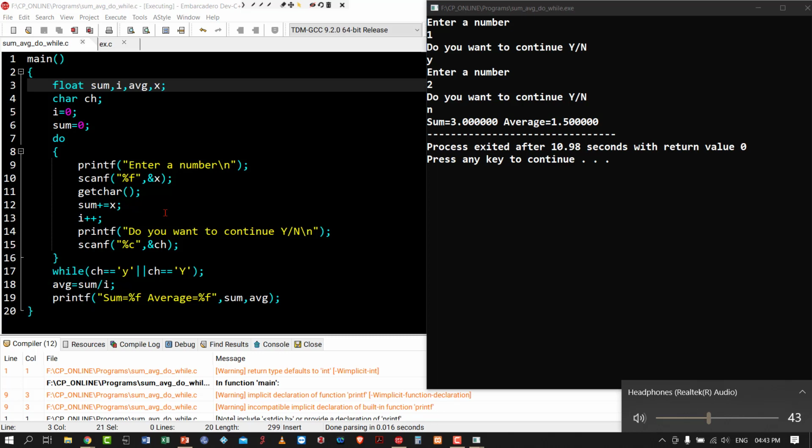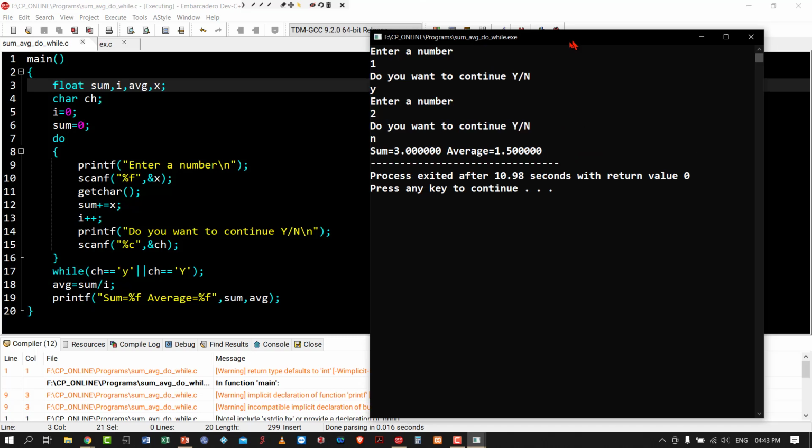If I press A or Z or B or any other alphabet, it is doing the same thing. Is it clear? Who asked that doubt? Mayank. Is it clear, Mayank?